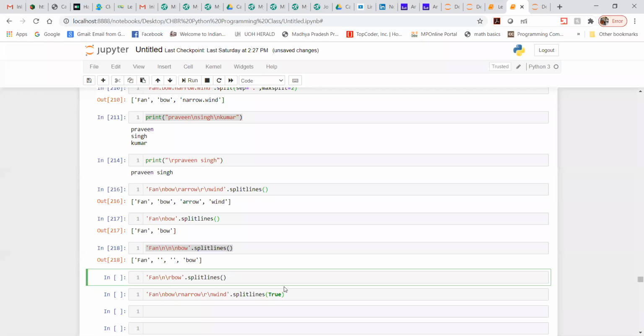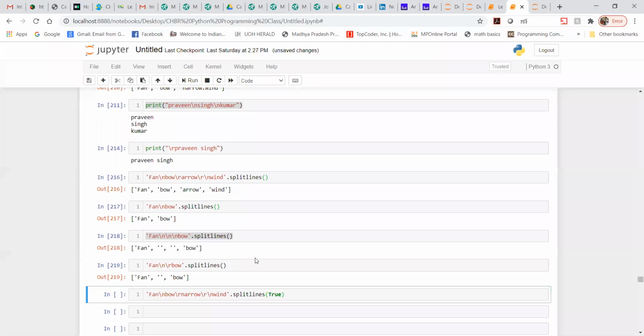If you are asking like this, what would the output be? I don't know how many of you have given thought. You can see here we are getting one space, because it is a continuous sequence, in continuation. So backslash n and backslash r are in continuation.